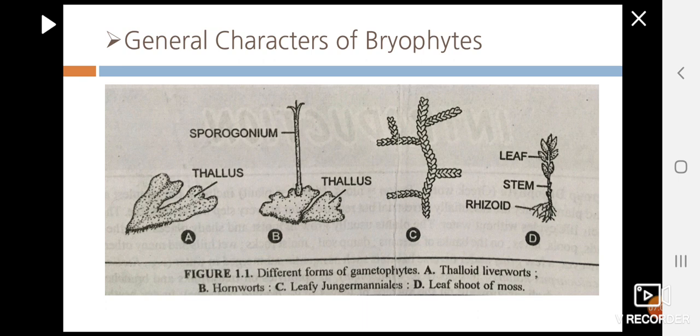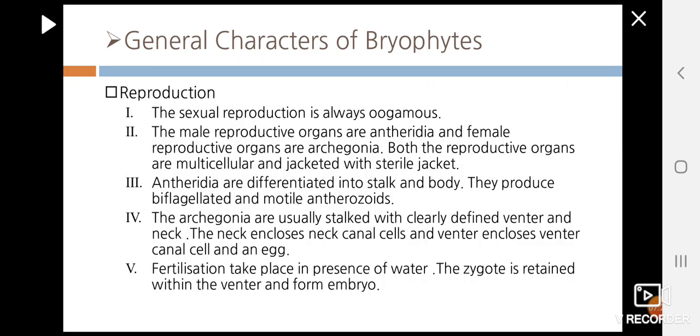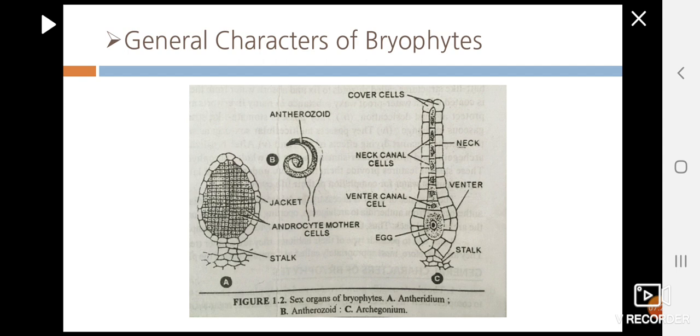Now, as far as reproduction is concerned, sexual reproduction is of the oogamous type. The male sex organs are antheridia and the female sex organs are archegonia. Antheridia are differentiated into a main body and stalk, and these antheridia produce